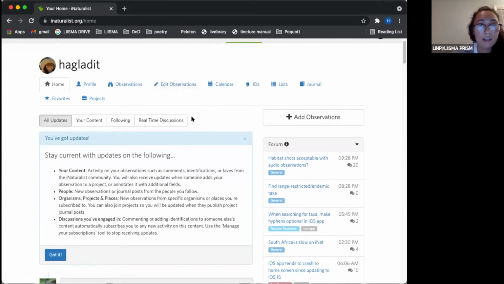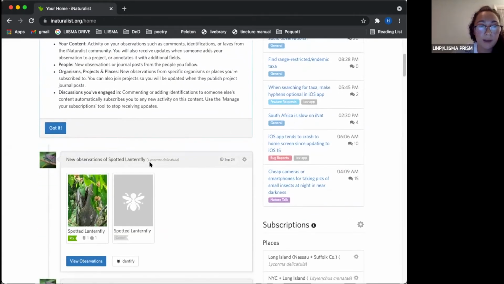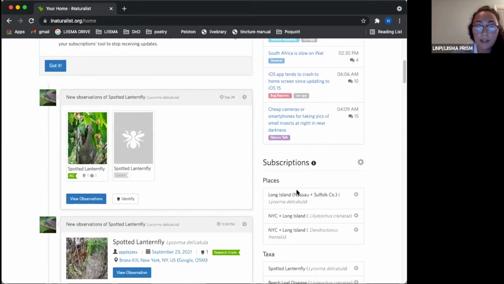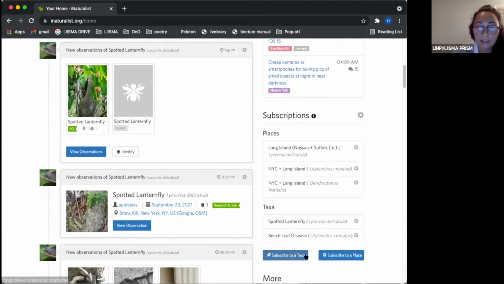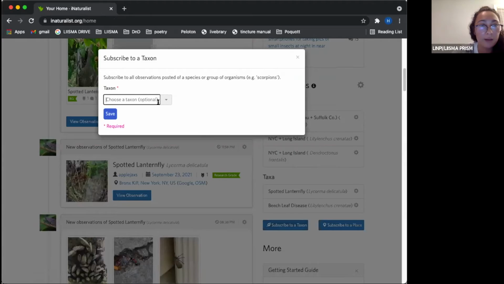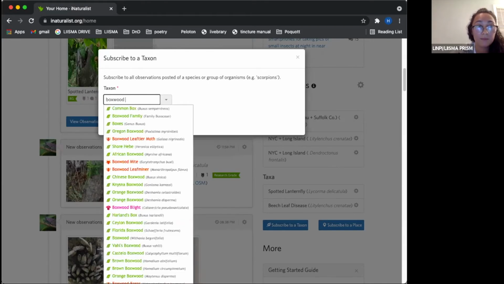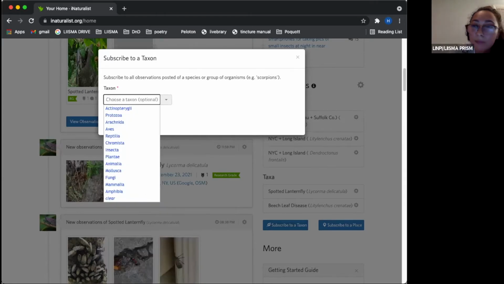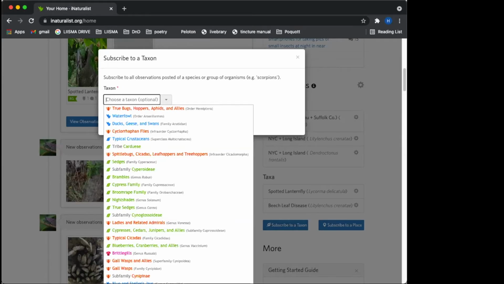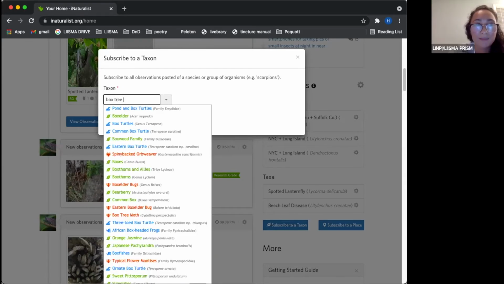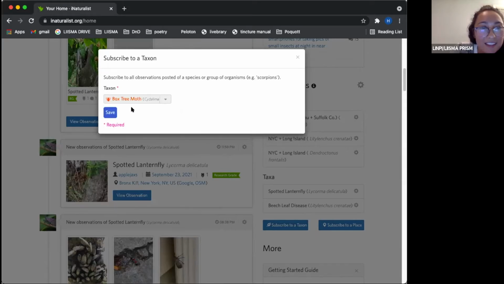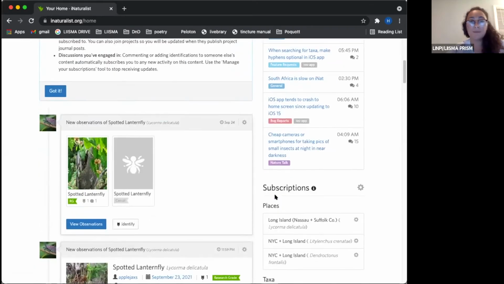And yeah, there's lots of things you can see in here. Something you can do, maybe you're concerned about spotted lanternfly like we are, and you can subscribe to different taxa. So maybe you want to add one. What's something I haven't added? Box tree moth. See if that's in there. Box tree moth. Thank you. Yeah, and it is. So I'm going to hit save, and now I'll get notifications anytime somebody submits a box